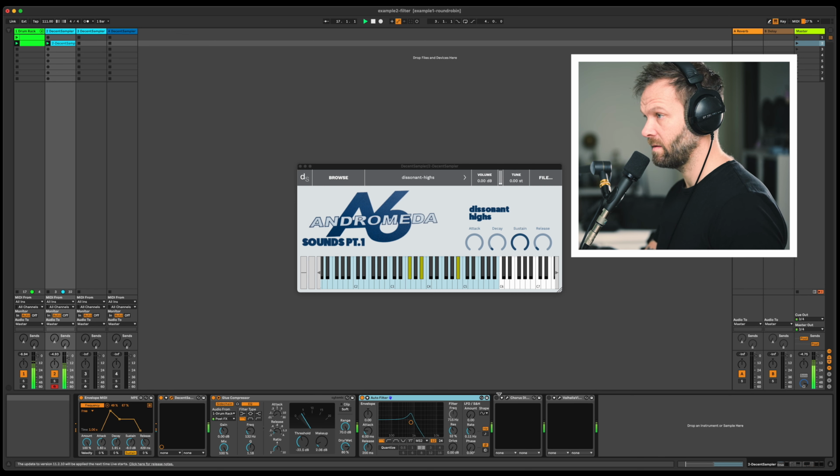Tip number 3 is about layering sounds. I also always use this. It's combining different samples into one, or using the same MIDI clip for different sounds, which will create a more fat, full sound, and also more your own sound, because you're probably the first one who combines these samples. So for example, if I have this MIDI clip,